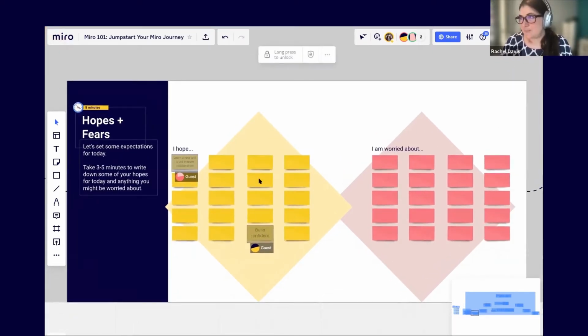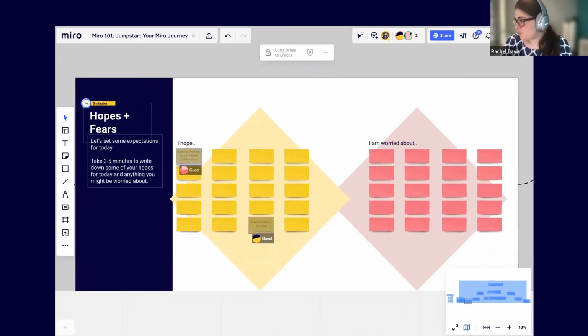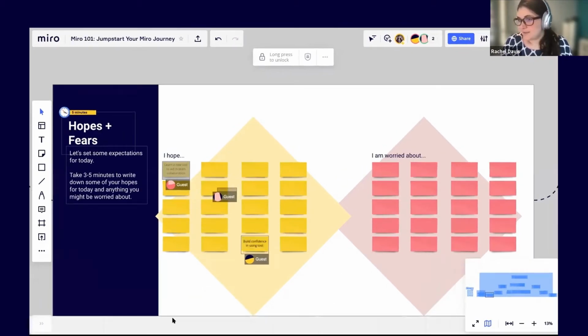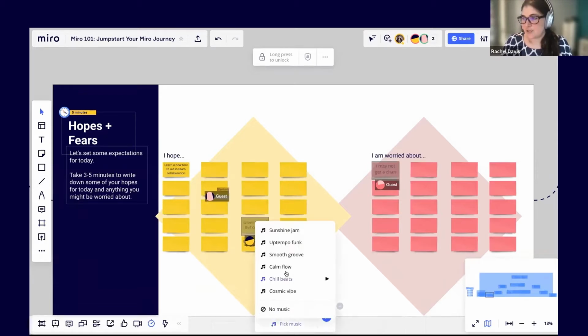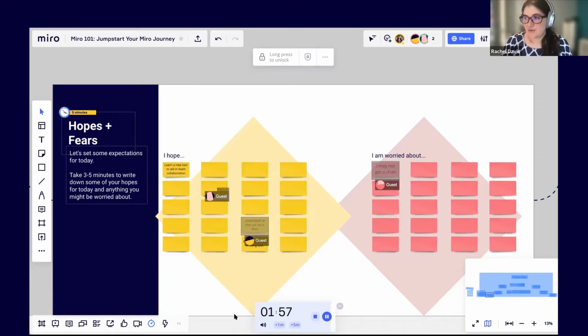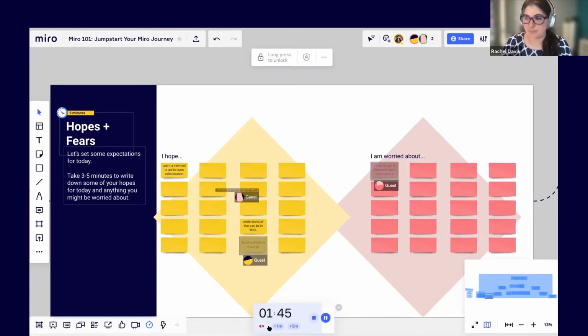And while you're doing that, I'm going to show you one of the features we're going to look at later, which is the timer feature. Can you all see the timer pop up on my window? Miro has actually integrated music into their timer, so when you have the timer on, there's some music going, so it's not dead silence. But you also have the option to mute the music while the timer's going, and the timer still goes.